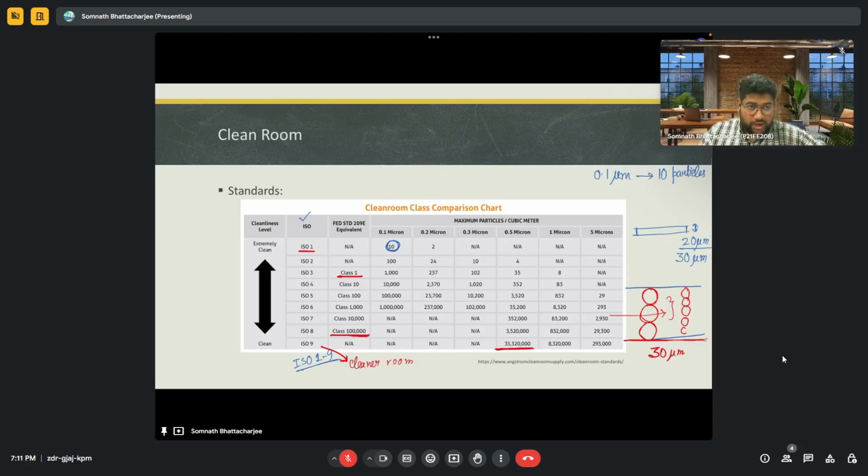So we need a cleaner room, and making the room clean is a very costly process. It requires a huge amount of money to make the clean room and also to maintain it. So the major problem is the maintenance of the clean room. It requires a huge amount of money because, let's say this is a clean room,